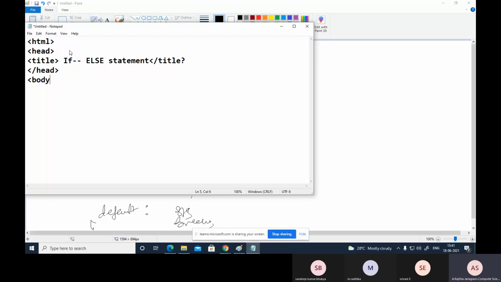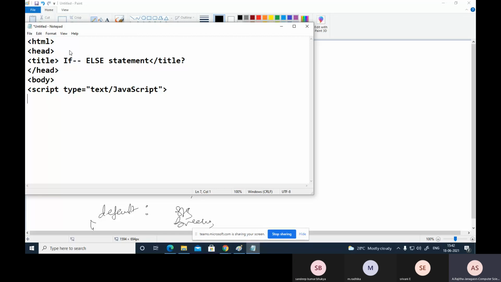In the body tag, write the script using the script tag. Here you have to specify which type of script it is, that is JavaScript. Now close this script tag.